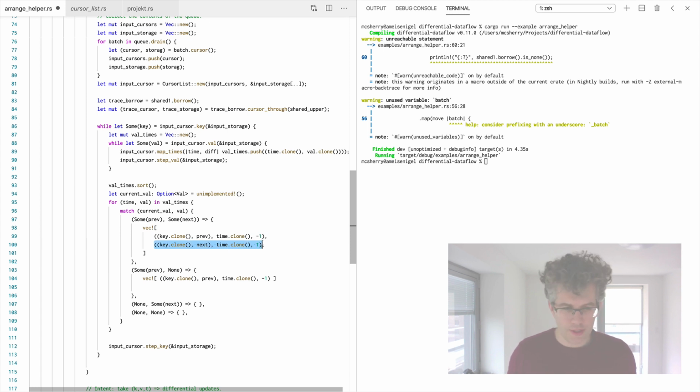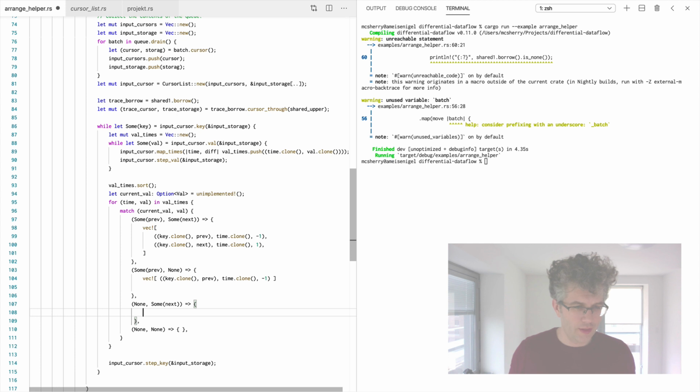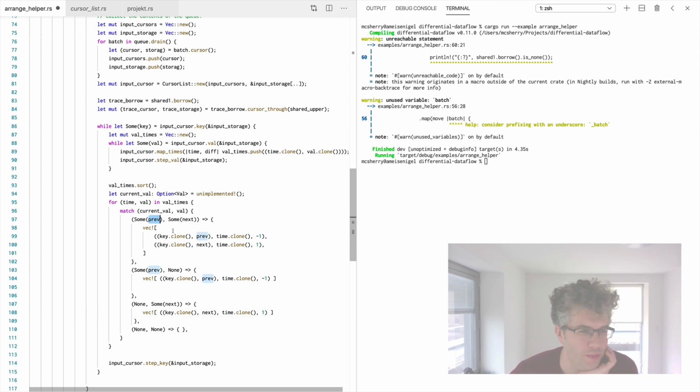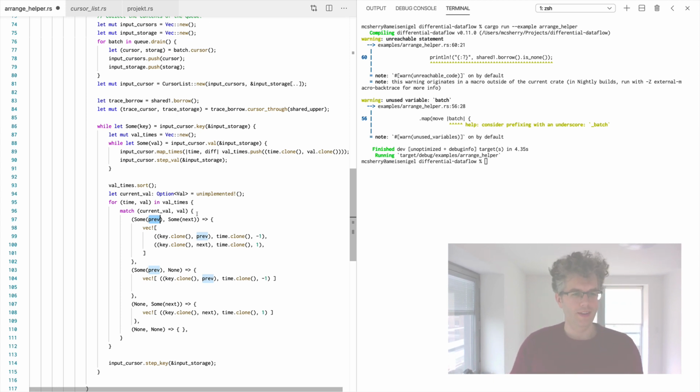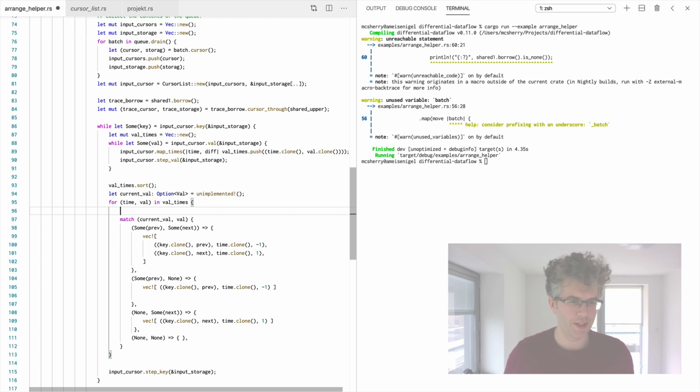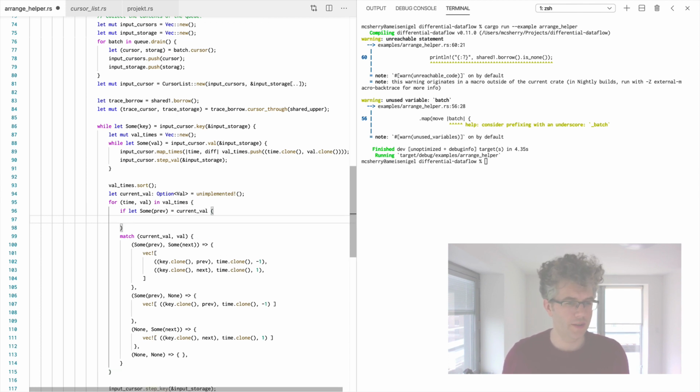Great. Actually, hopefully you notice this logic is going to factorize brilliantly. So now what's actually going on here is if we had a previous value, no matter what happens, we should delete it. And no matter what happens, if we have a new value, we should emit it. So this is probably a lot simpler. I think this is just if let Some prev was current val, then we are going to need to send